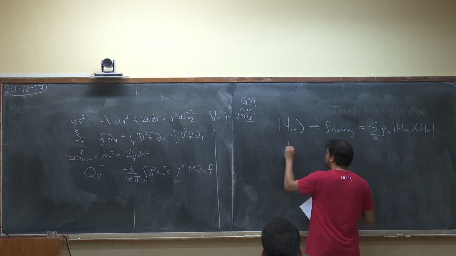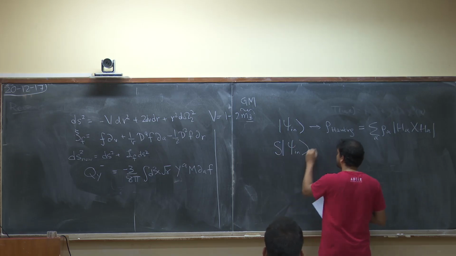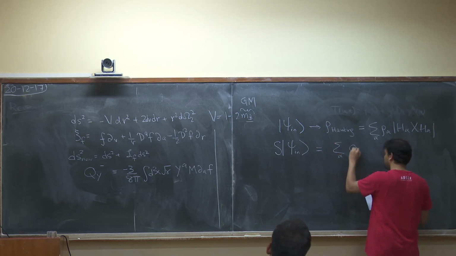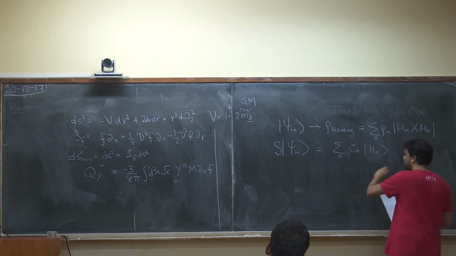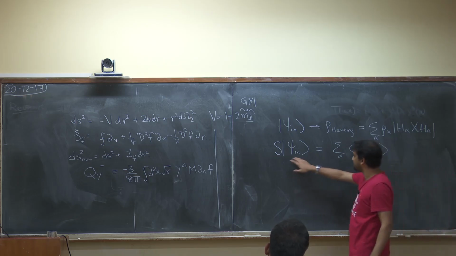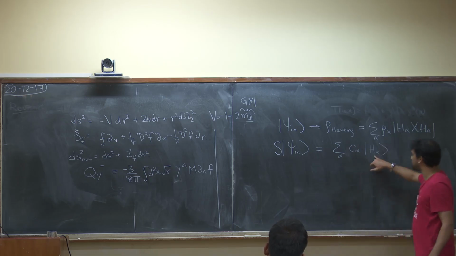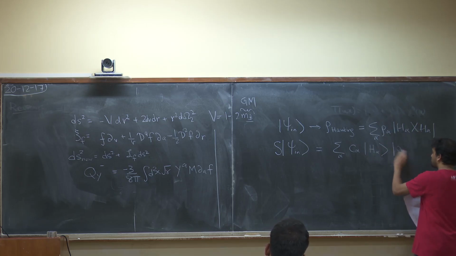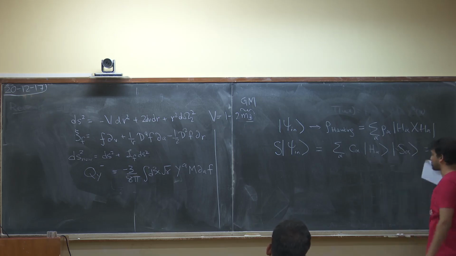What people might have expected previously is that unitarity says there is an S matrix, which means there's some pure state, an S matrix which unitarily maps this in state to some out state which takes this form. I mean, this doesn't match with that. But the actual suggestion is that the hard state is always accompanied by a soft state, and this total thing is psi out. And of course, psi out is still a pure state.